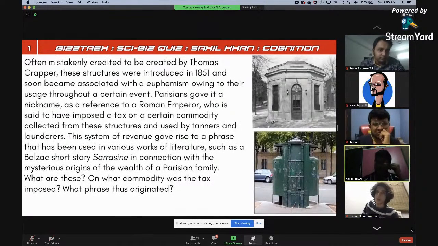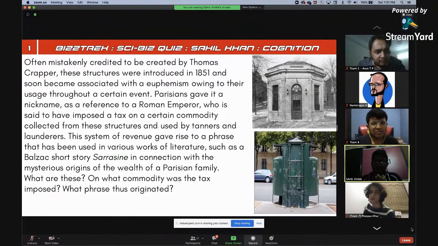Often mistakenly credited to be created by Thomas Draper, these structures were introduced in 1851 and soon became associated with a euphemism owing to their usage throughout a certain event. Parisians gave it a nickname as a reference to some Roman emperor who also imposed a